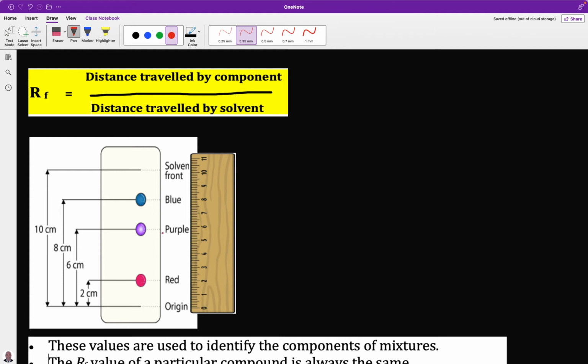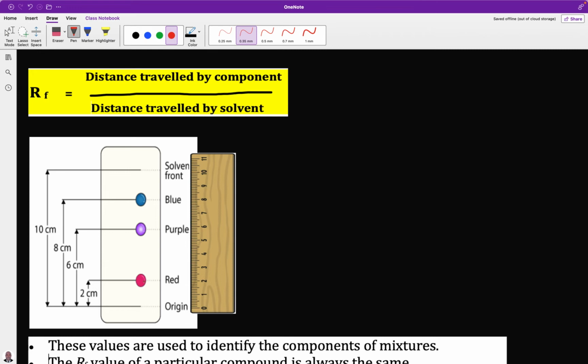The distance traveled by the purple component is 6 centimeters, and the distance traveled by the component that has a blue color is 10 centimeters. Now, the total distance traveled by the solvent on the paper is 10 centimeters. This is the 10 centimeters. So now, to know the RF value for each of these components, let's say the RF value for